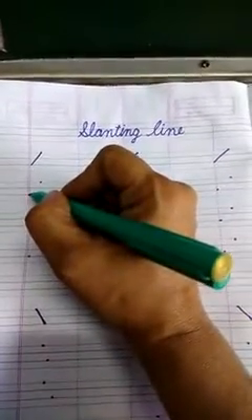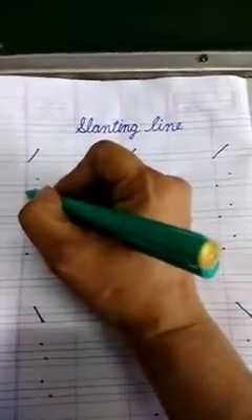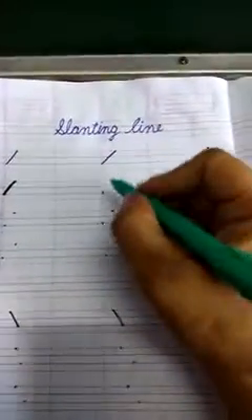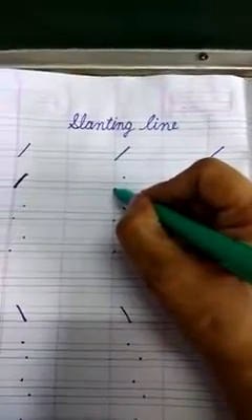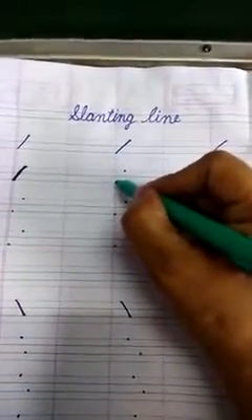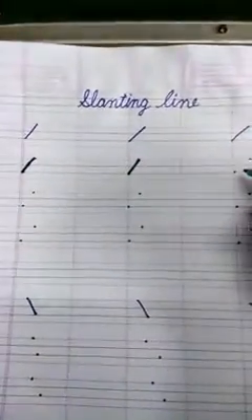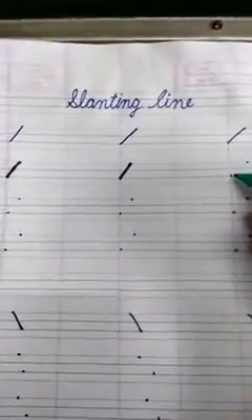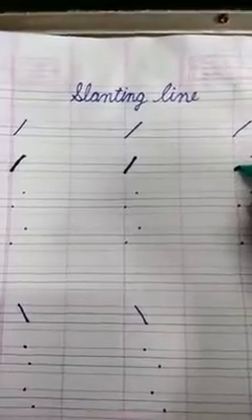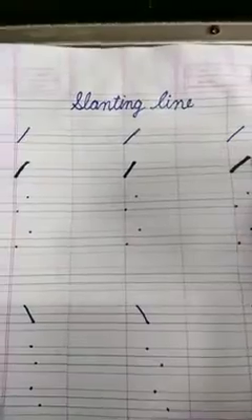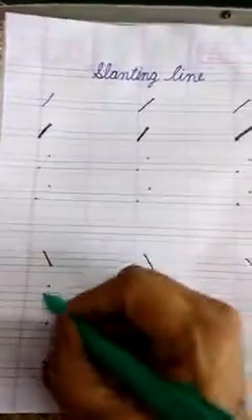This is the blue line, third line. You have to start from here and go up. Touch the pink line. Same here. Start from the blue line, go up and touch the pink line. Okay. In the next line also, start from the blue line, third line. Take it upward and touch the pink line. Like this only.